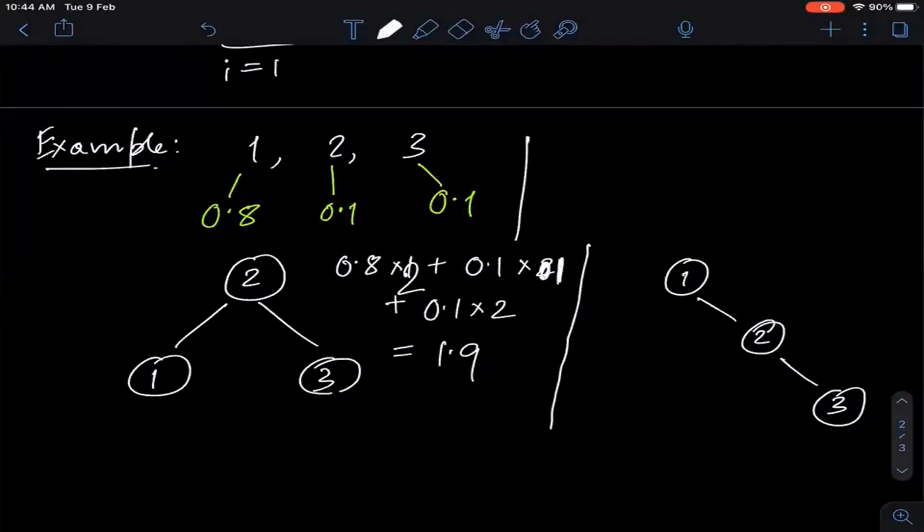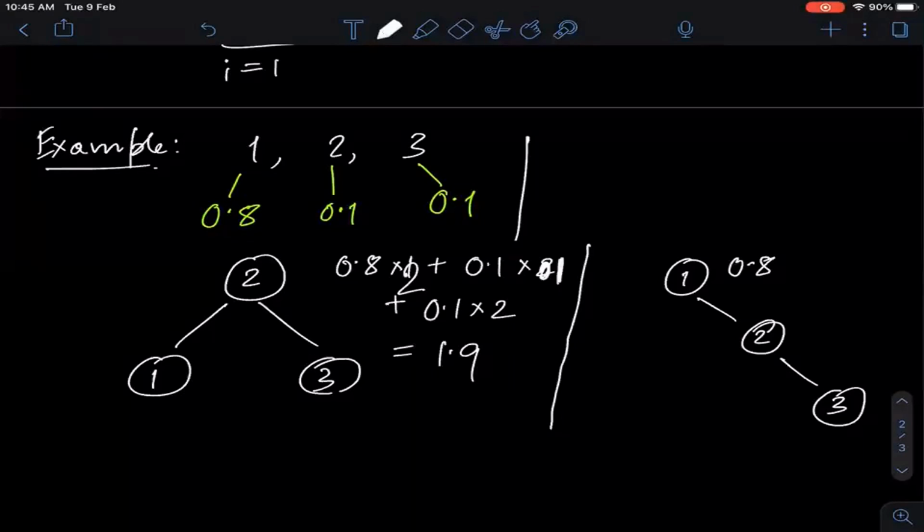This is the whole point that we go on to the discussions of balanced trees and all that. This is the canonical example that we take to motivate why we want a balanced tree. But it turns out that in this case, because of this changed problem definition, suddenly this skewed tree becomes the best one. And the reason is very clear. It's very intuitive here, because 1 is being accessed 80% of the time. So clearly I should keep 1 at the top. The rest does not really matter too much in this particular example.